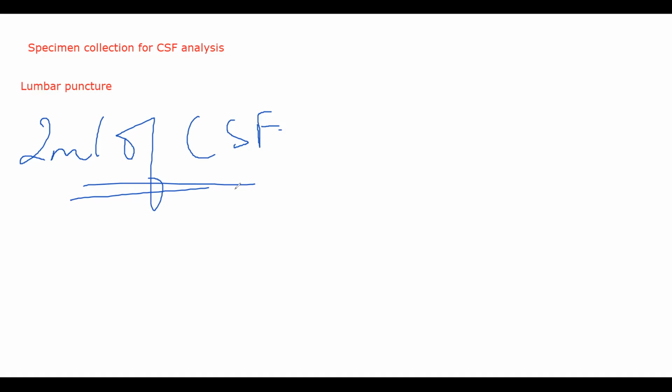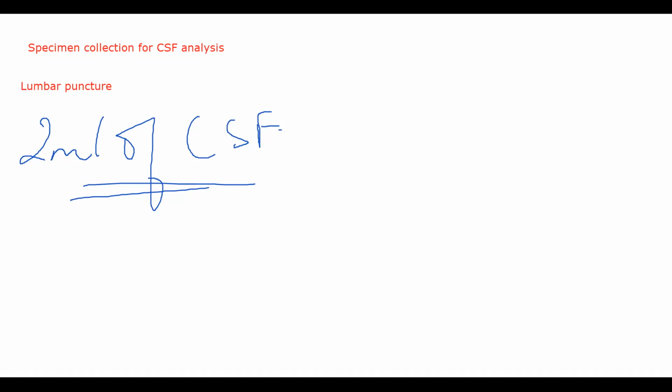Now, as such, once you have collected the specimen, as soon as possible shift it to the lab. ठीक है, within 1 hour of collecting, generally shift it to the lab so that it can be stored if required, or it is generally examined quickly. अगर आप store कर रहे हो तो the lab personnel they will freeze it or they'll do something. जनरली अगर माइक्रोब्स के लिए चेक कर रहे हो तो उसको स्टोर नहीं करते. अगर बैक्टीरिया समथिंग के लिए चेक कर रहे हैं, you do not store. If you are checking for something else, then it is fine to store it a little bit, but generally it is done quickly. Once you take the CSF, examination is done quite quickly.